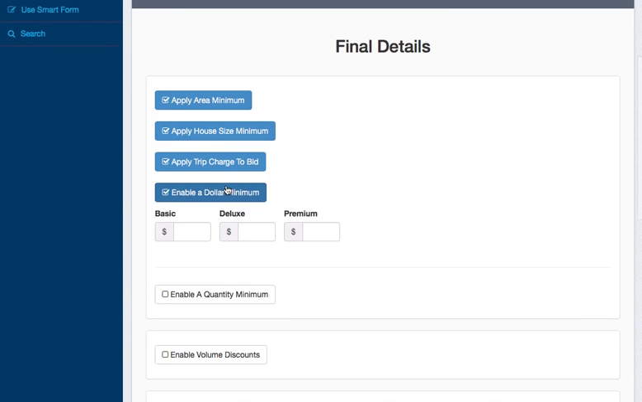Now you can also set a dollar minimum. You could just set up an additional minimum of saying, I'm never going to do any job for less than $99 for each package. And what this would do is it would make it so that if the calculated price came in below that, this would be